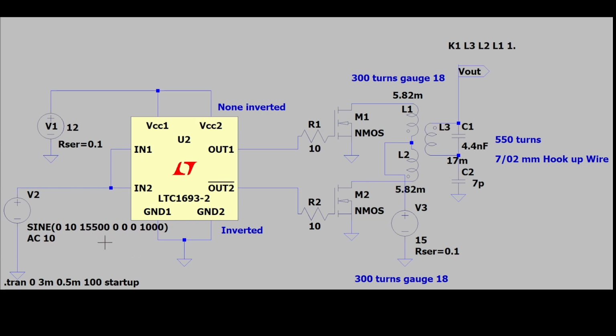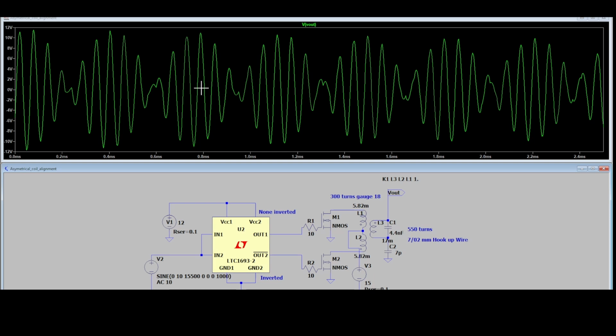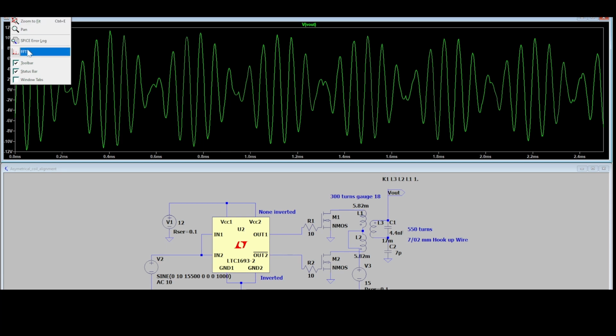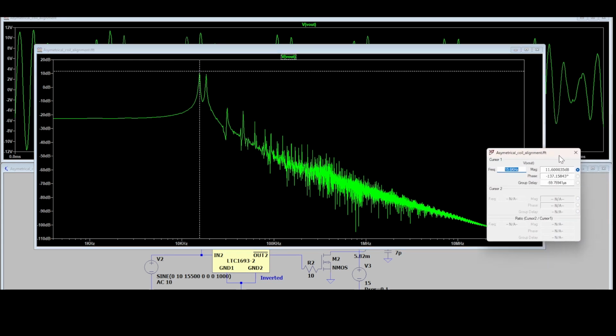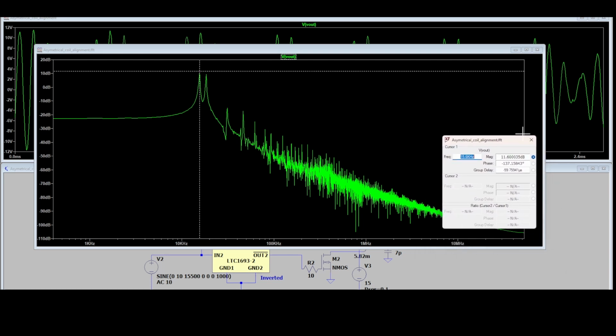So we're using a sine wave of 15.5 kilohertz, and I can show you quickly how that looks here. If I use it with just generic MOSFETs, it looks like that. And if I then go into the FFT, which is the spectrum analysis, we see that we have two plots here. If I go with one in here, that is the first one, the major one I have designed. Bring up the measurement here, so we have 15.6 kilohertz, and if we go to the second one,